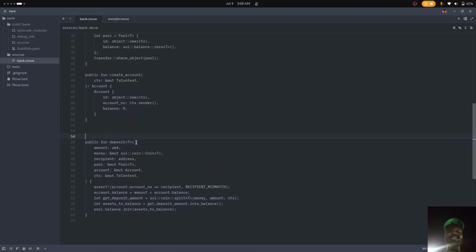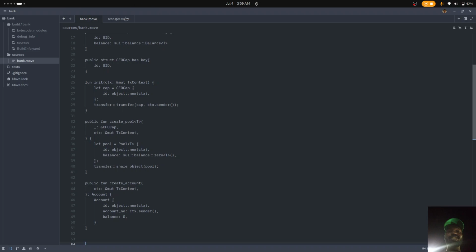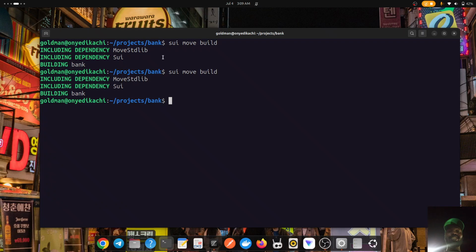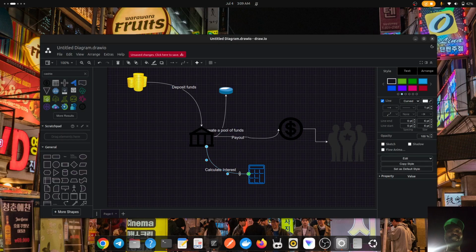We'll test it. I'll write some tests over it. I think in the coming video, I have to do some tests to show how this works. Write complete clean tests and show it works, but then let's take this to implement all the features here. So yeah, one can deposit funds and pool is created, then there needs to be a payout. You can take funds, and there needs to be a system that caters for